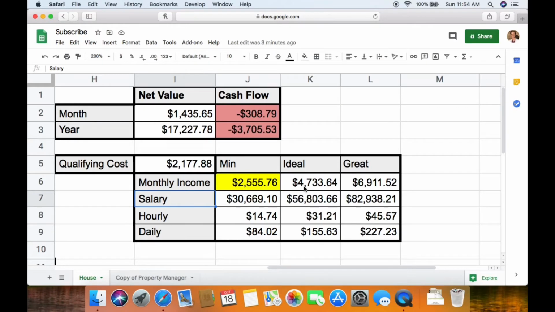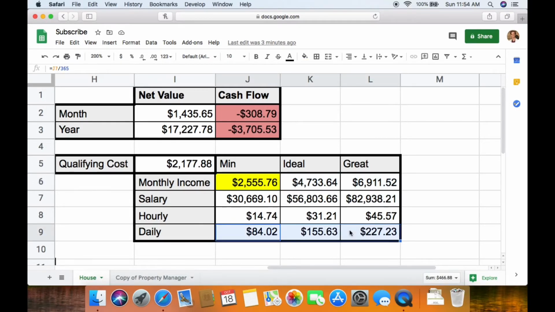In order to purchase this house, you need to be making a bare minimum of $30,000 without any other debts every single year. Ideally, the bank wants to see you closer to $56,000. If you want to guarantee that you get this loan, if you're making anywhere over $82,000, you'll be in a great situation. Just for fun, I also listed how much monthly income they're looking for qualification, or how much money